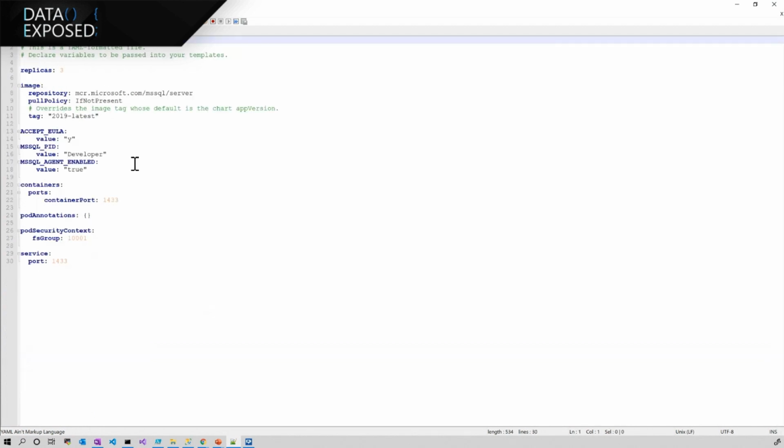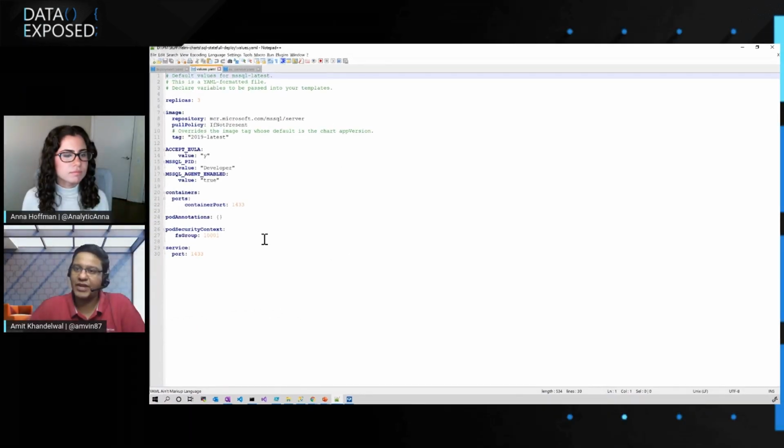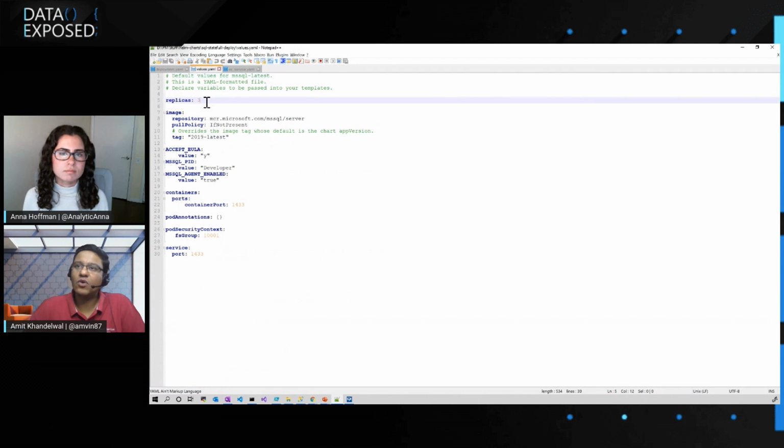And this is where, as a user, once you have access to these deployment files, which I'm going to be uploading and sharing the details, you can go ahead and change this. So let's say in your environment, you need 5 deployments of SQL Server. You can just change this value to 5. You want to not install 2019 latest, but probably a 2019 CU6 or a CU5 for certain reasons.